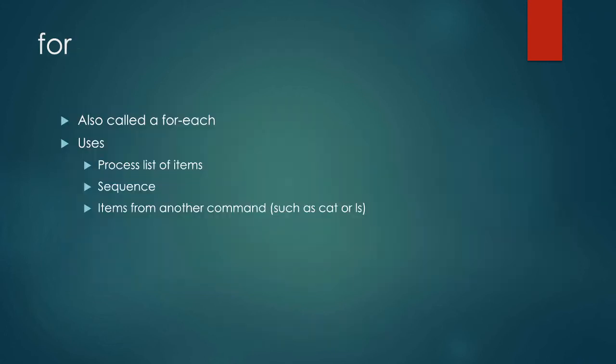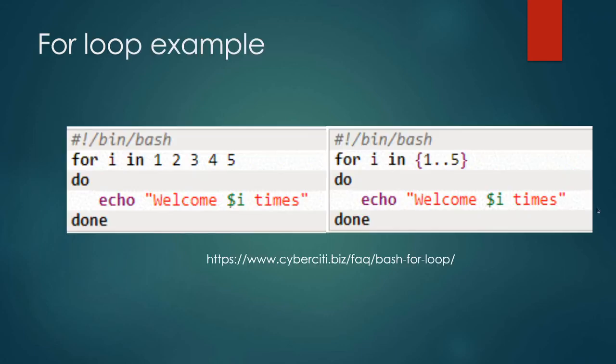We can also use a for loop or a for each loop. This will allow us to process a list of items. We can also do this for items being something from another command. For example, let's say I wanted to have a loop happen a certain number of times. I can actually do that in a for loop just as well. So if I have for I in 1, 2, 3, 4, 5, or for I in open curly brace, 1..5, close curly brace, in both of these cases, it's going to say welcome I number of times